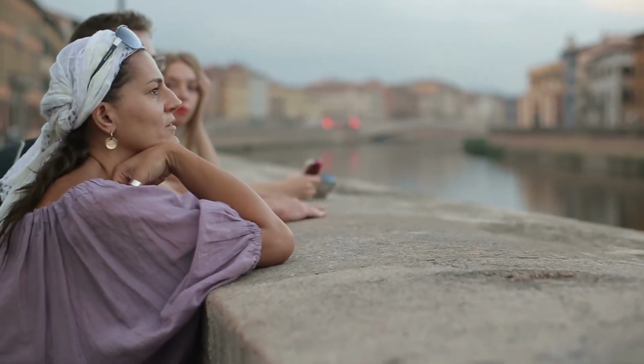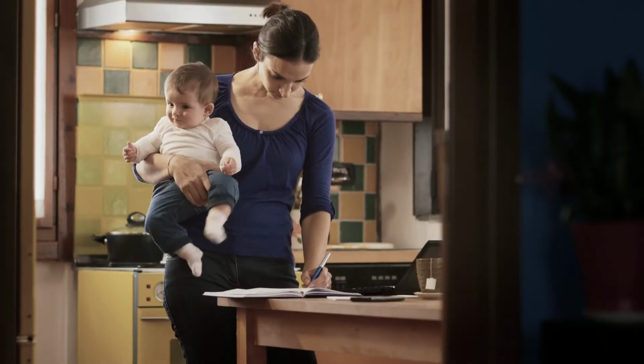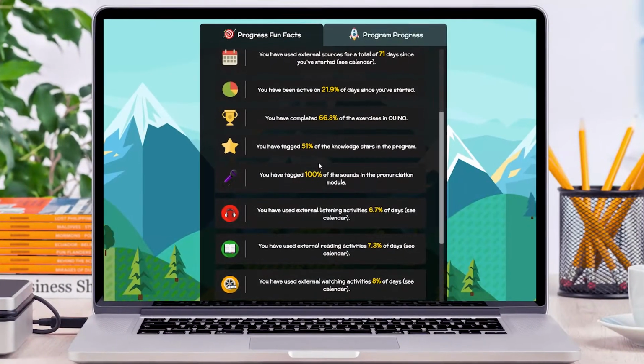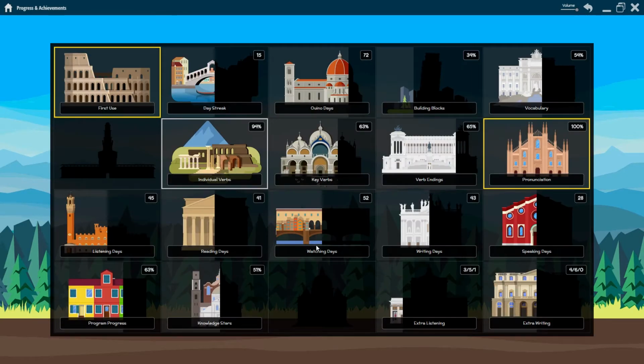The calendar is a very good representation of how long it will take someone to learn the language. It can take anywhere from a few months to several years to learn the language to fluency. It all depends on what you want to accomplish every day, and you can track it all within the Weeno program. Finally, if you click on the third button, you'll see the trophies you have acquired in the program.